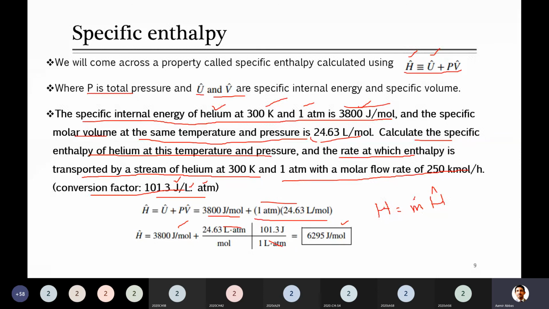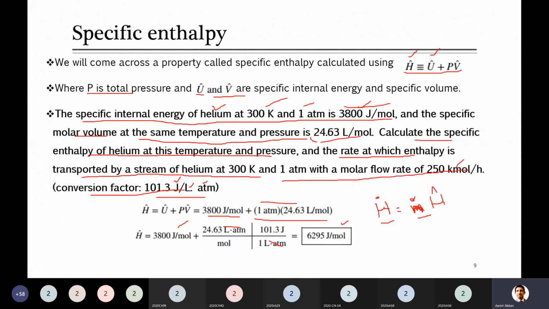But now here the things are reported in the form of mole. So instead of mass, this is mole, and overall it is molar flow rate. So I will write it as N dot. Please just correct it, because here it is in kilomole per hour. So it is N dot, molar flow rate, and it will be like this, H dot. Do you agree with this modification of the equation? Yes, sir. You just have to write it in the form of flow rate. When I divide this side by the time, the other side will definitely be divided by the time, and that is written in the form of flow rate. So your equation is so simple.